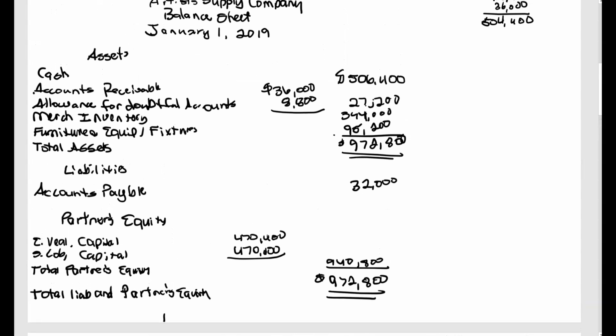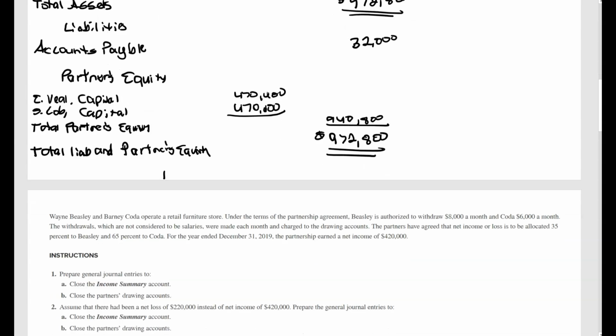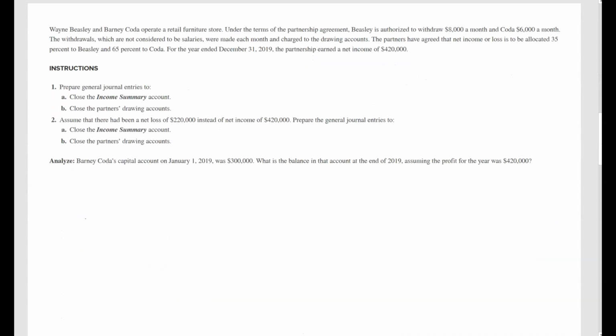Okay, so I'm going to bring this down here so you can see the whole thing. So this is the balance sheet after the partnership is formed, and after Edmund comes in with his cash, accounts receivable, inventory, furniture, and all of that, and then after Sarah's investment as well. Okay, so that was the first one. Now we're going to go on to the second problem, which is some journal entries, and these are looking at